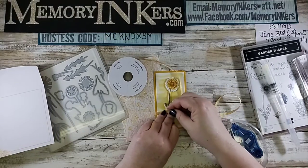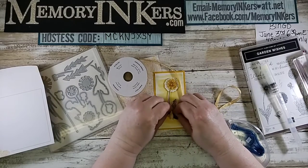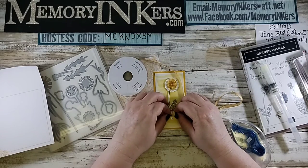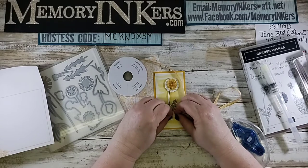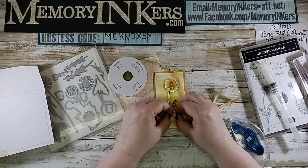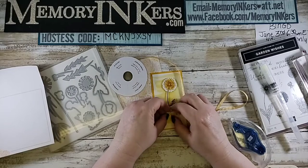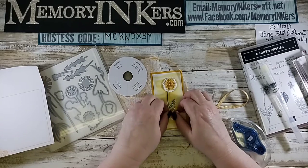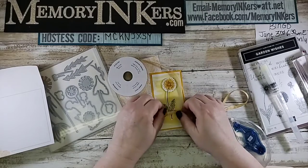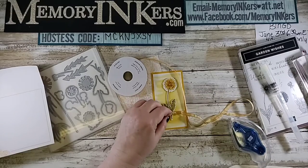So anyway, while you guys are waiting, I just want to remind you to look through that mini catalog and look for things. I mean, I'm trying to show you some as I do my videos, but look for things that you've known that you've wanted that are in bundles and see if the bundle is still carried over into the new catalog. Like, can you wait to get it? Because I understand budgets. Believe me, I definitely do. So, but you might want to look and see, because if there's one you really, really want and the bundle is not carrying over or the product itself is not carrying over, that may determine,